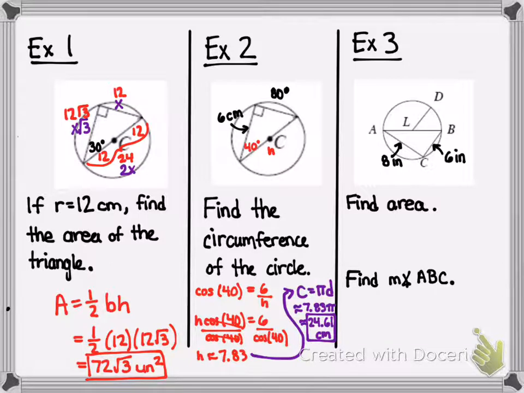Now, assuming again that this is a diameter, because we're dealing specifically with how we use the diameter in these problems, we would know that this angle C is 90 degrees. So we have a right triangle. Now in our first example, we used our special right triangles. In our second, we used our trig tools. In this triangle, it's a right triangle and we know two sides, so we can use Pythagorean theorem to find